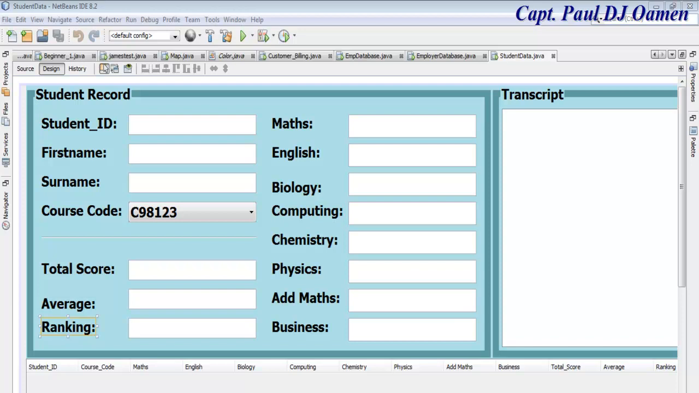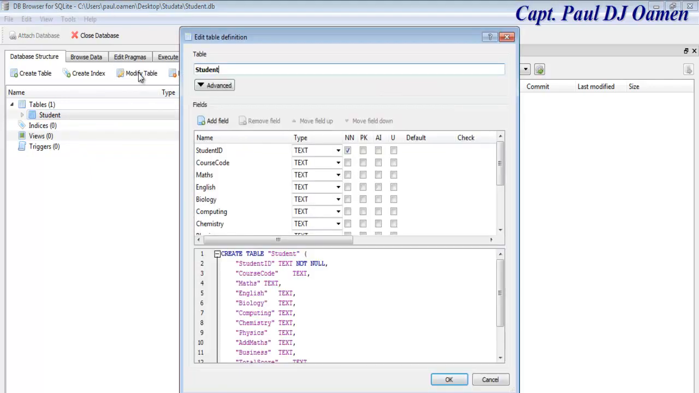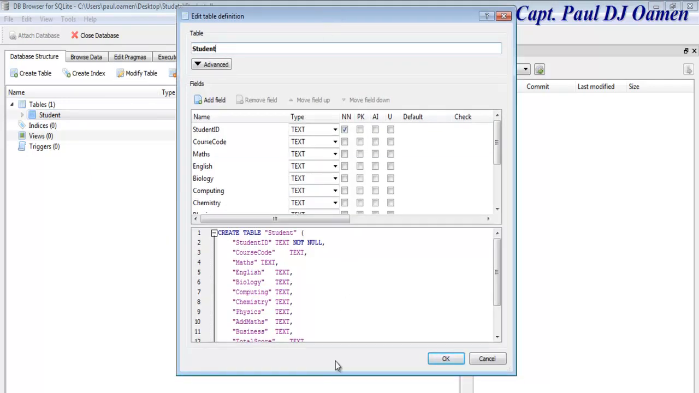Okay, the next thing I want to do now is to create the database that will be required for this project itself. So let me show it to you here in SQLite. That is the database. Let's click on modify. I've already created the database,